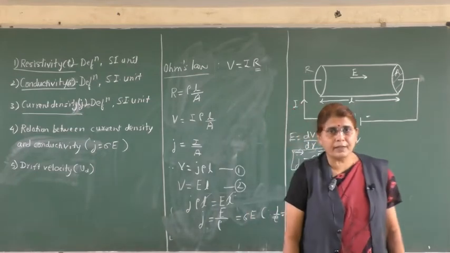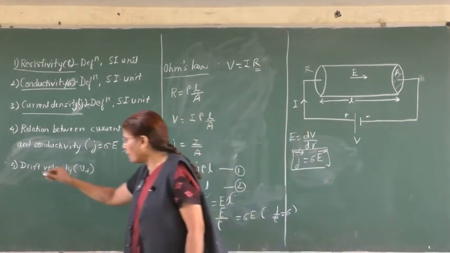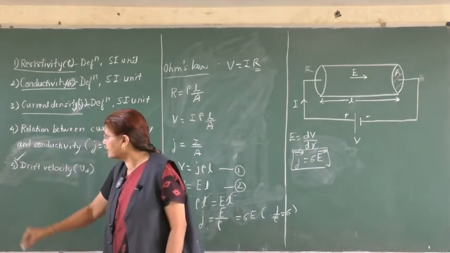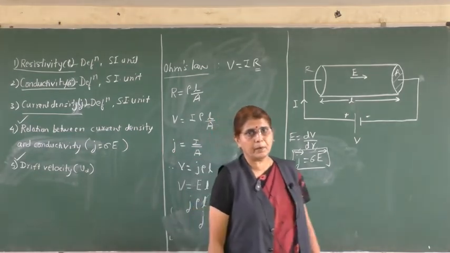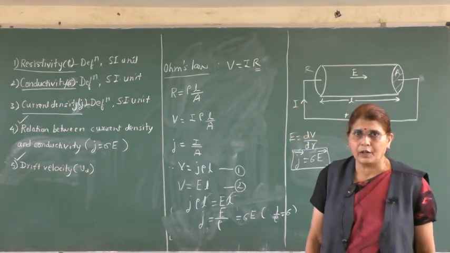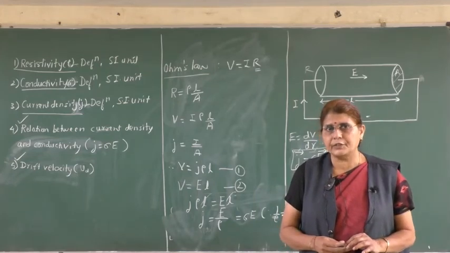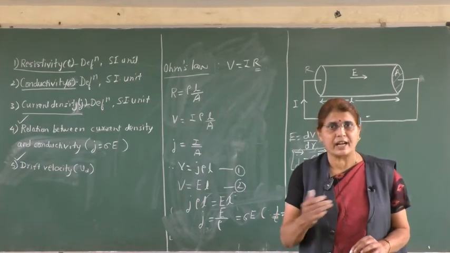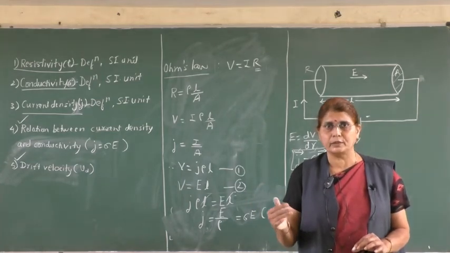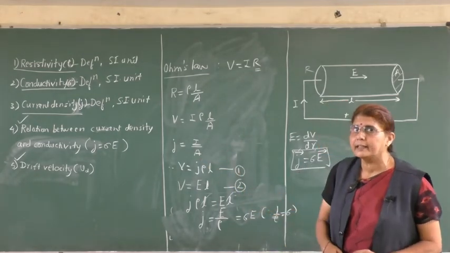Now let us go to a very new term, that is drift velocity. This is a very important term. Often a question is asked. This relation is important, and this drift velocity is also very important. So what is this drift velocity? You know the meaning of the word drift. Electron is drifted. Drifted means it is dragged. There is a force on it, so it is dragged in a particular direction. So actually this happens in current conduction.